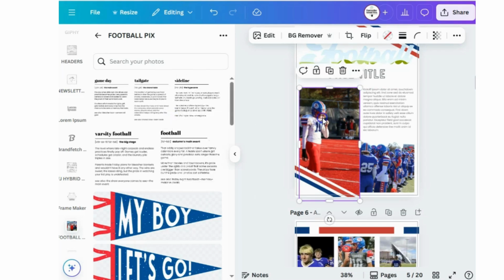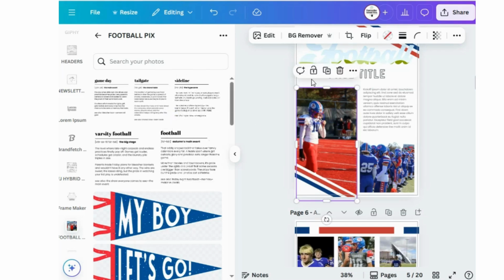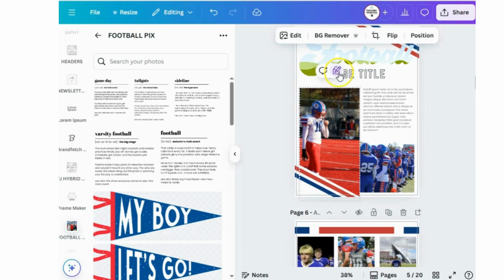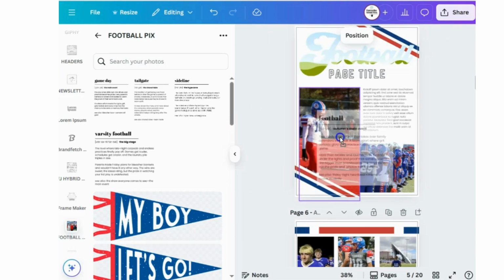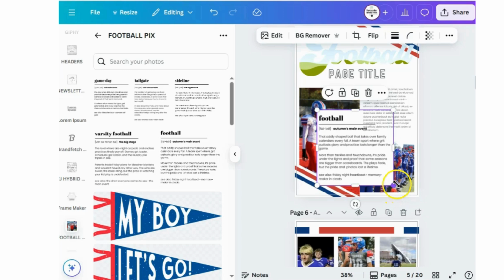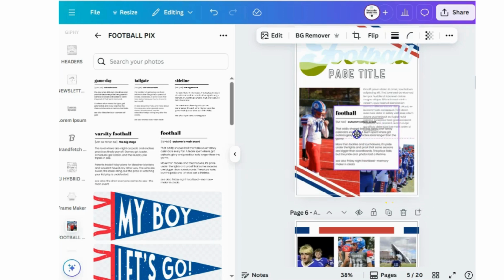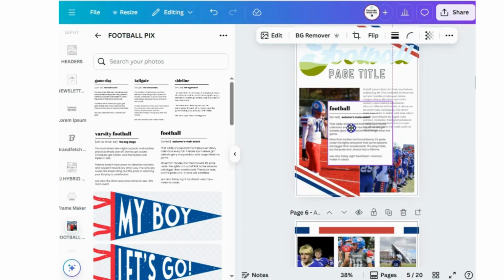Well, here's what you do. You click on your frame, and if you've moved it, hit undo. You click on your frame and you're going to click on this lock twice. The first time it locks the position, the second time really locks it. Okay, now you can take your football card. You can take whatever PNG or JPEG you want, put it over there, and it's not going to get grabbed